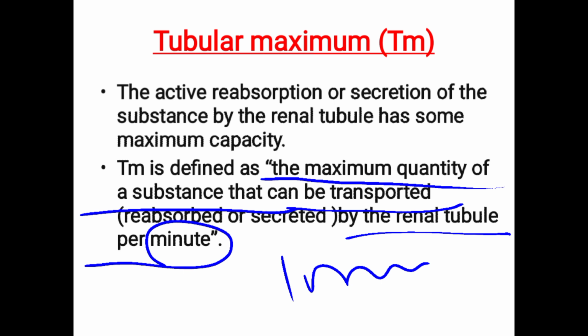So that means maximum 300 mg of ion it can hold, it can transport or reabsorb. The remaining, if extra is there, will go through urine. Okay, it can't hold. So that is called tubular maximum. Tubular maximum or TM is different for different substances. For sodium it is different, for glucose it is different. So understood, renal threshold and tubular maximum. Per minute, the maximum quantity of substance it can transport is called tubular maximum.